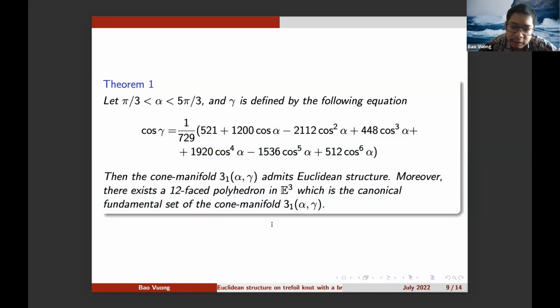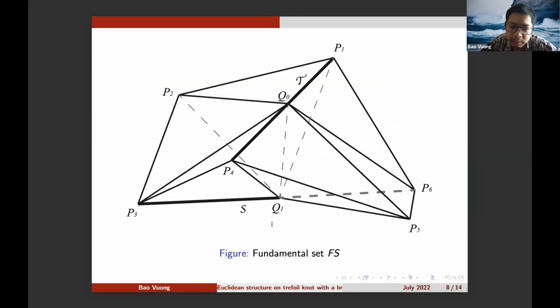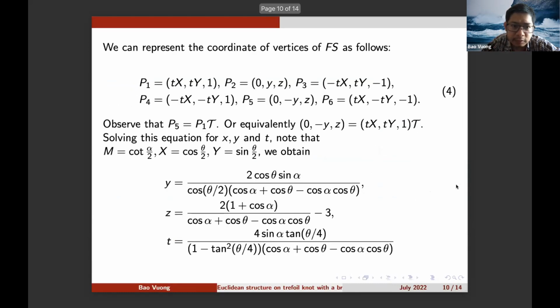polyhedron in A3, which is a canonical fundamental set of the cone manifold 3-1 alpha gamma, and this is shown in the picture, the fundamental set Fs. And I will show the idea of how to construct that fundamental set. So we can represent the coordinates of the vertices of Fs as follows: P1, P2, P3, P4, P5, P6 in terms